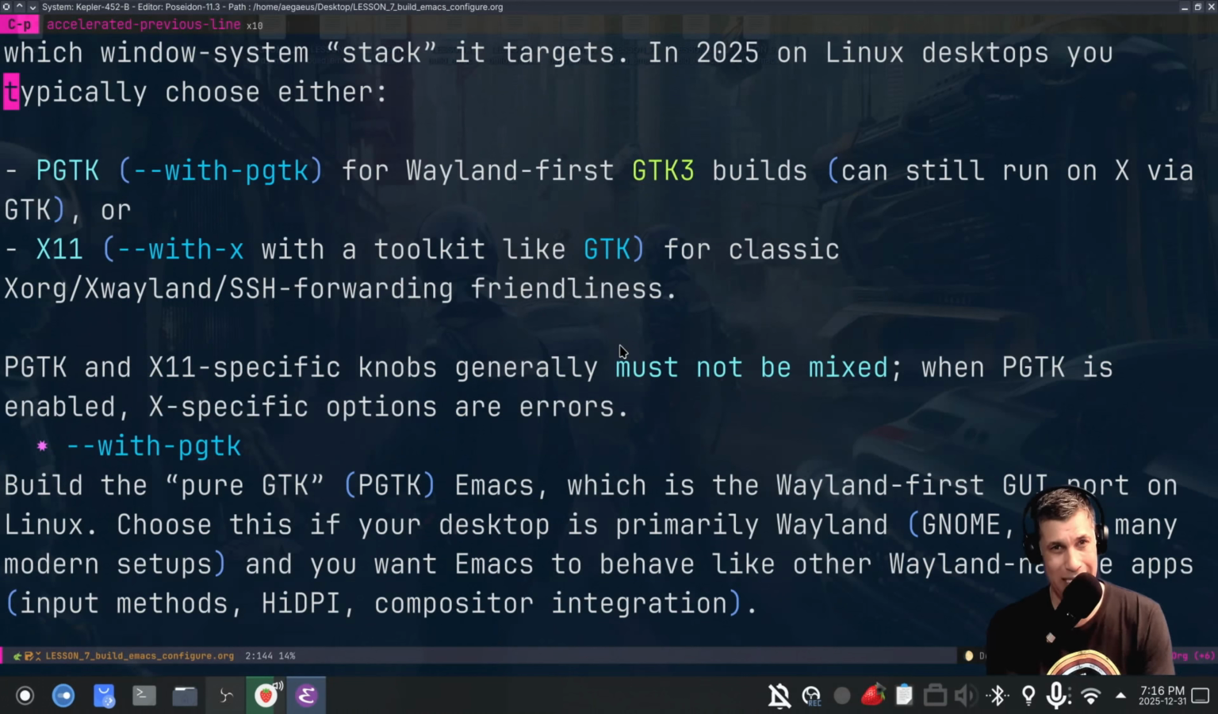That pulls in a lot of libraries and gives you a lot of functionality, and that's really for the GTK build. That is what gives you the pure GTK build. So it defaults actually to X11. If you use GTK as your main tooling system, the libgtk-3-dev package, then